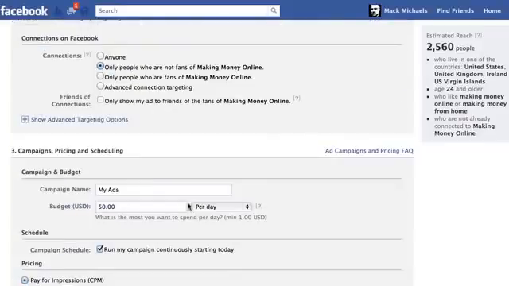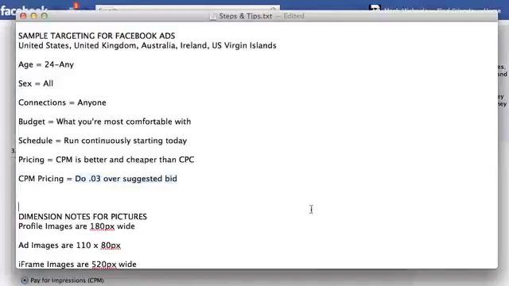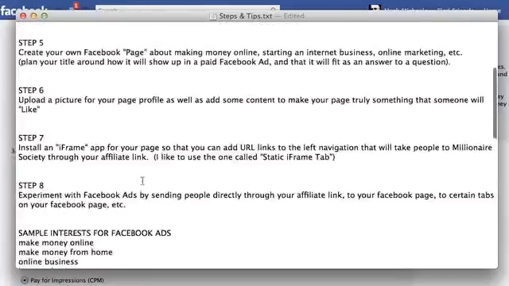So anyway, that's how you do Facebook ads. And if we just go back to the steps and tips, you'll notice that concludes all the steps and tips I have for Facebook. Now, hopefully